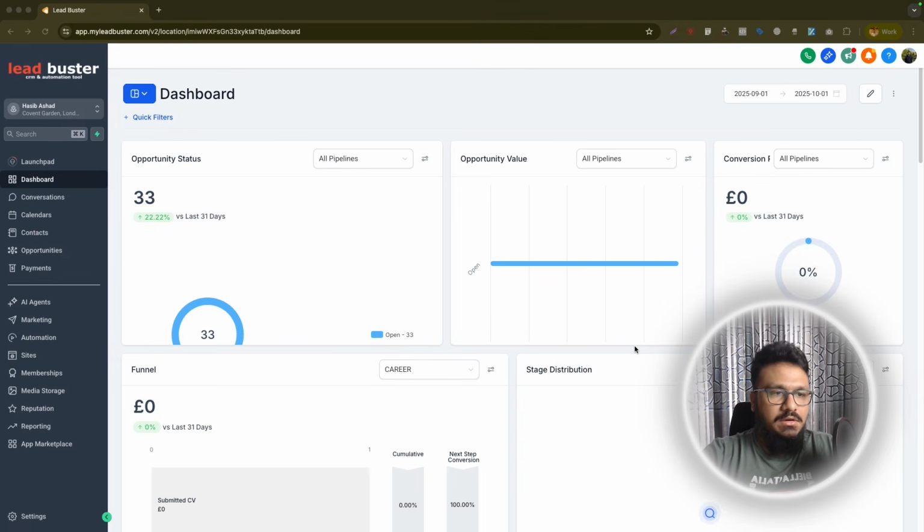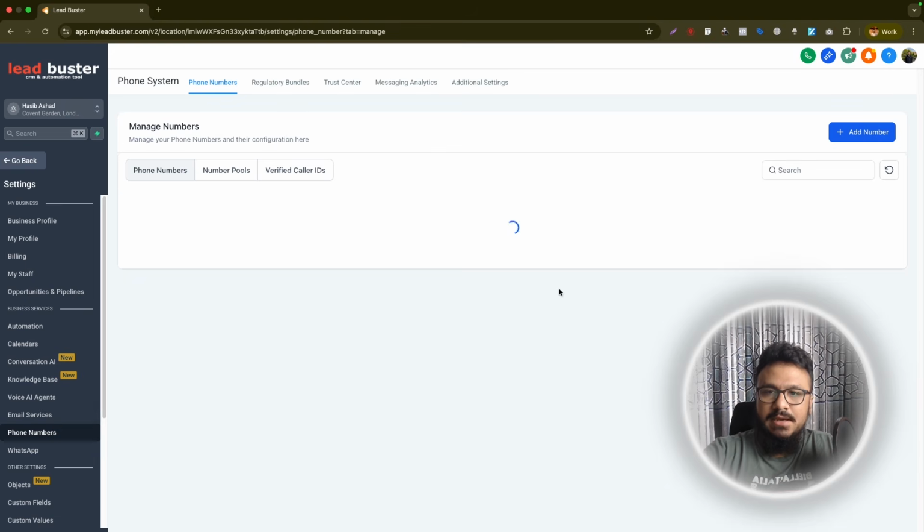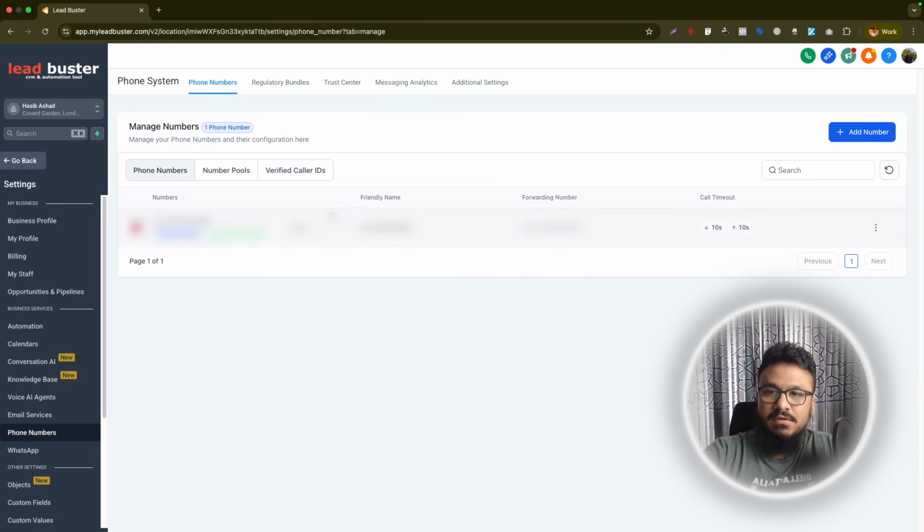Okay, here we are on a GoHighLevel sub account. We will go to settings and we will go to phone numbers, and make sure we have purchased a phone number for the sub account from LC Phone System. Once you purchase the number, you can get A2P if you're in the US or if you're doing it for a US business. If you don't do it, it's not the end of the world, but you won't be able to